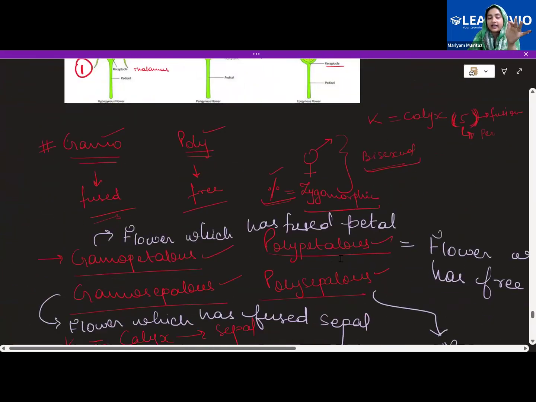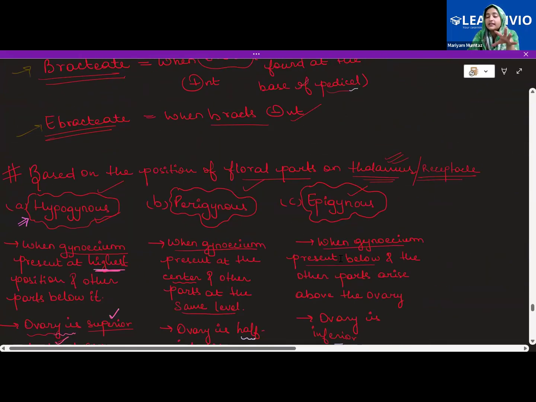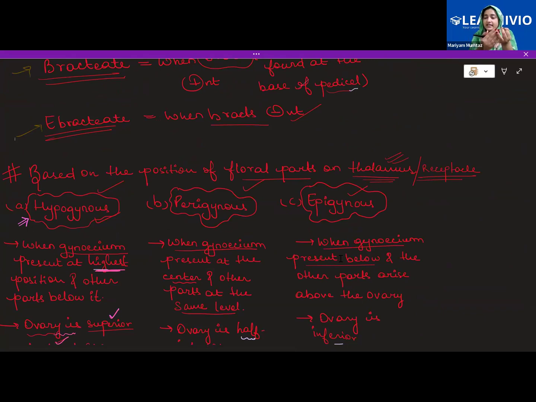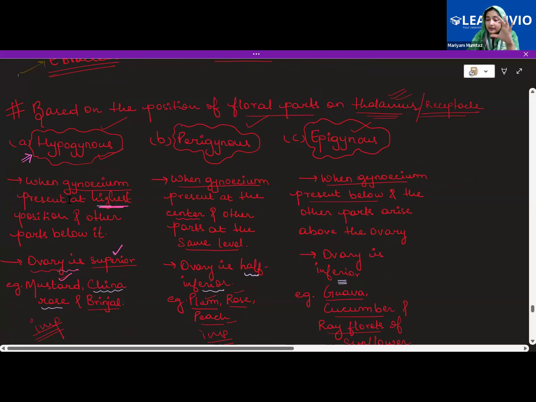Now see, in every picture, you have seen how there are different floral parts present, right? You can see the stamen, the pistil, then the petals and sepals. Four floral parts are there. Depending upon how they are arranged, we have 3 different types of flowers or ovaries: hypogynous, perigynous and epigynous. Now, when the gynoecium, meaning the female reproductive part of the flower, is at the highest position and everything else is below it,